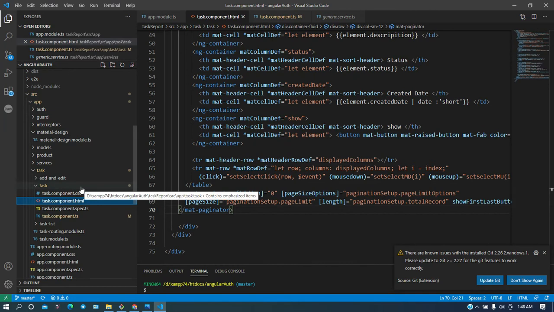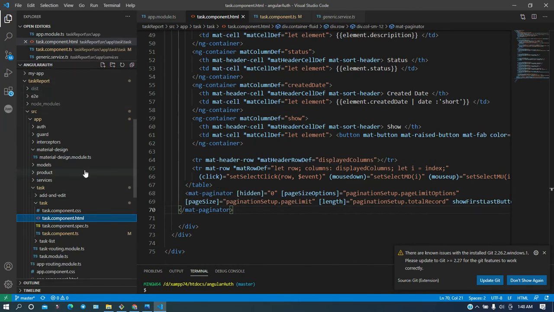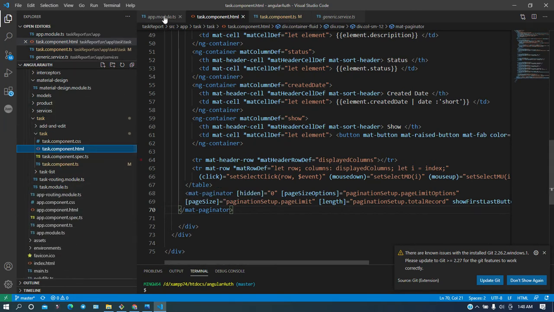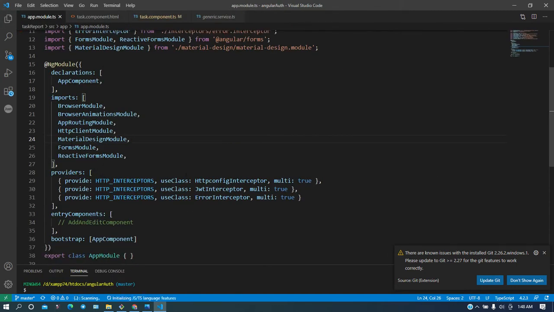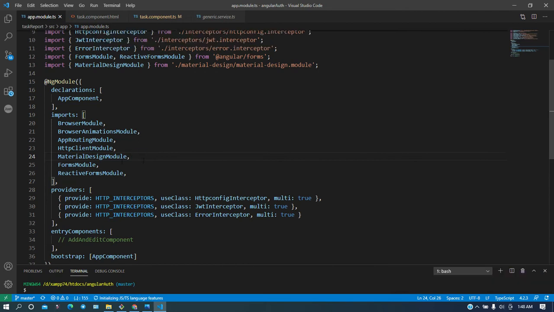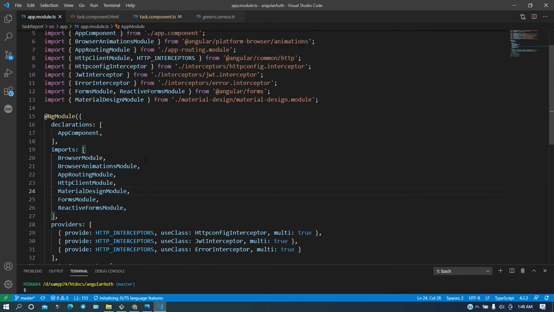You can notice that this is my project, and in that project, if you look at app.module.ts, you can notice that the material design module is imported here. Basically I have created a separate module specifically for material design.